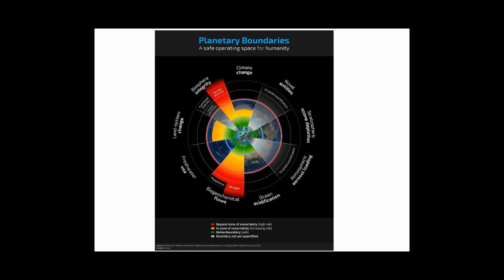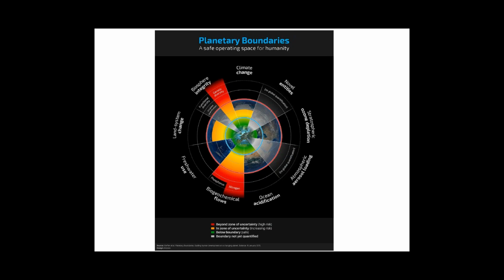So in between the blue and the red, the categories that look like they're yellow or orange, that's called the zone of uncertainty, because it's not quite a cutoff. You don't hit a certain point and then all of a sudden things come crashing down and are irreversible. We have a bit of uncertainty in knowing where that point actually is. So it makes sense to have a zone of uncertainty in between those two. It's not quite a clear-cut boundary.